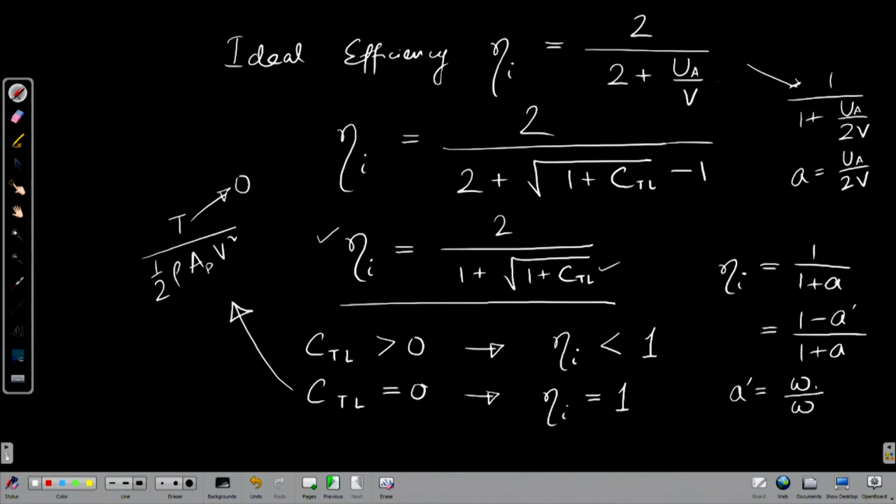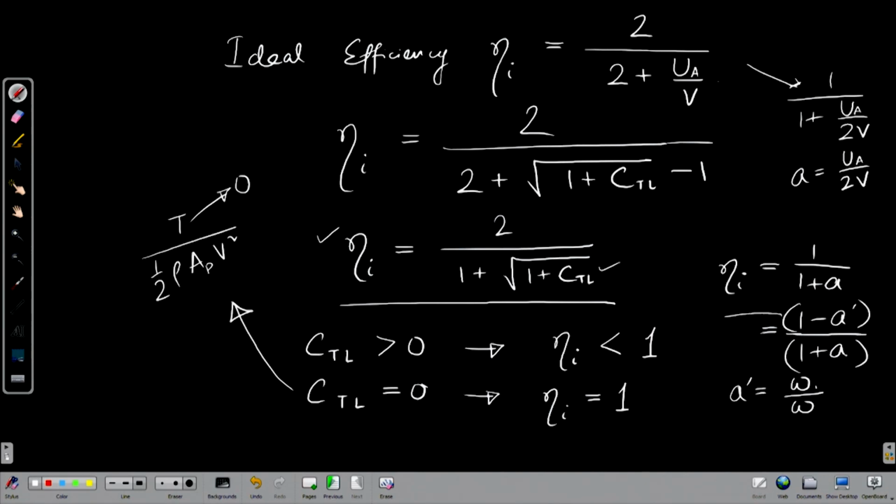Okay. So, if we consider both the axial and rotational induced velocities, eta I will be reduced further. That means, the numerator here will be lower and we have an already higher denominator due to the effect of the axial induced velocity. So, this here